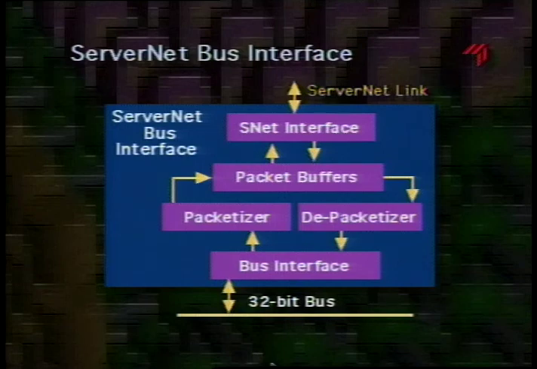Similarly, on the reverse side, transfers from ServerNet can be translated directly to commands on the 32-bit bus to be sent to peripheral controllers. Future bus interface chips may support other buses, may have more ServerNet ports, and may have new capabilities to be able to do prefetching and write behind to improve performance. In a typical system, we'll have several bus interface chips. Each of them can have one or more peripheral chips connected to them. These peripheral chips typically have their own DMA engines so that all of those DMAs can be going simultaneously to main memory through the network.